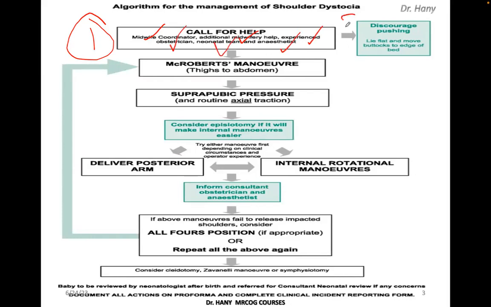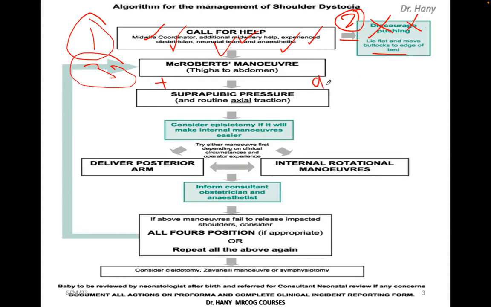The first safety point after calling for help is to stop what you are doing. If there is pushing, stop pushing. If there is oxytocin, stop oxytocin. Put the woman flat and bring her to the edge of the bed. The next exam question is what will be the successful maneuver, which is McRoberts plus suprapubic pressure,